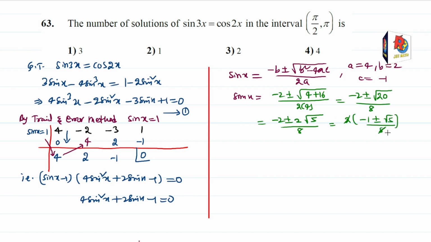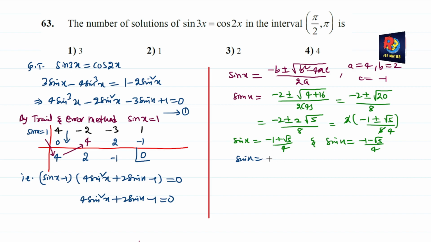These 2 in this 4 times cancel. Therefore sin x value is equal to -1 plus root 5 by 4 is one answer, and sin x value equals -1 minus root 5 by 4 is another one. So now you can observe here sin x value is equal to, this is nothing but